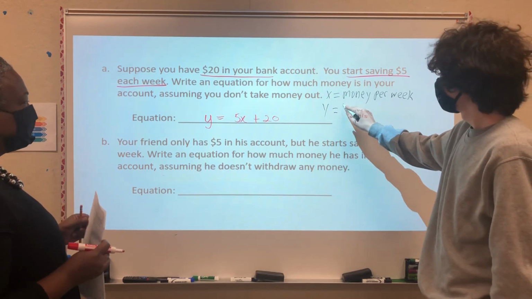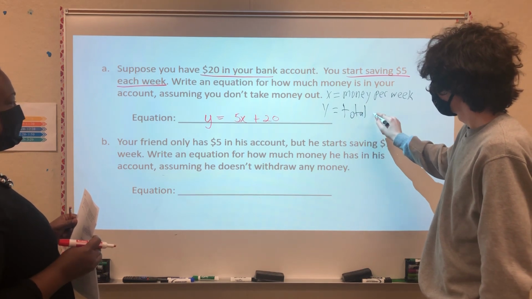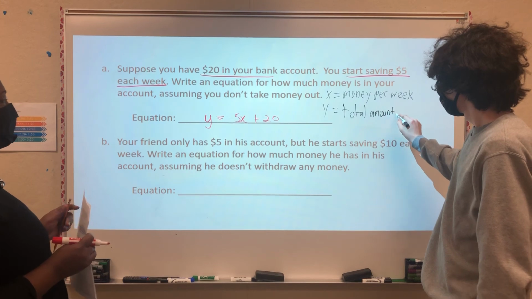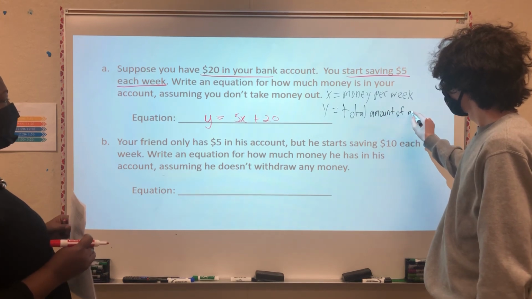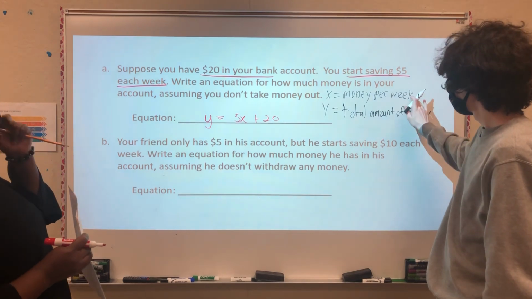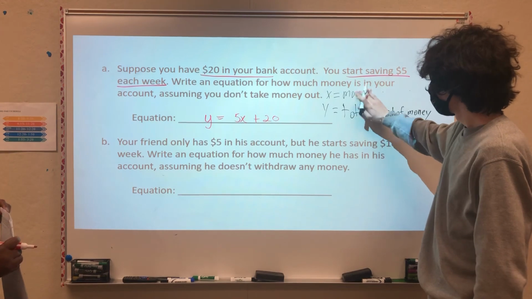I agree Y is the total amount of money, but look at X again. Remember, your variable is the thing you don't know. So as I'm reading the